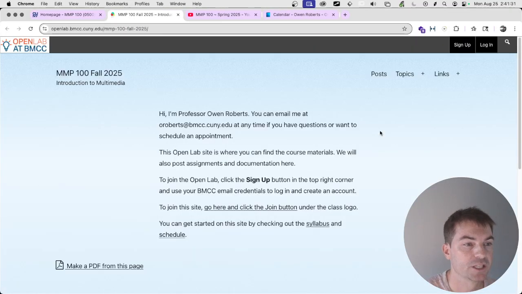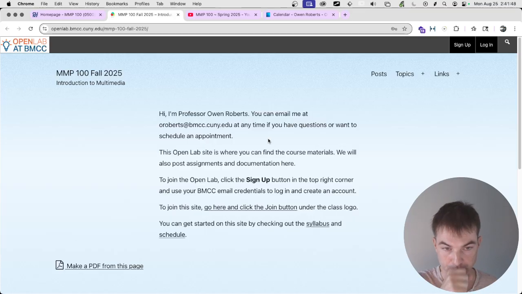But the Open Lab is basically just a WordPress blog that is maintained by BMCC. And it's a really good tool for publishing your work and being able to share your work. So in Brightspace, you can obviously submit assignments and post different types of files and things like that, but it's not publicly available. The nice thing about Open Lab is it's out in the open, it's public, so you could send stuff that you're working on to your friends. You could make a portfolio here to send to potential employers or things like that.